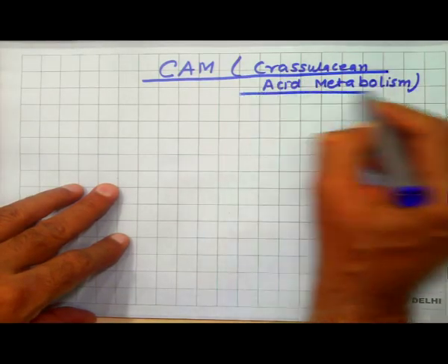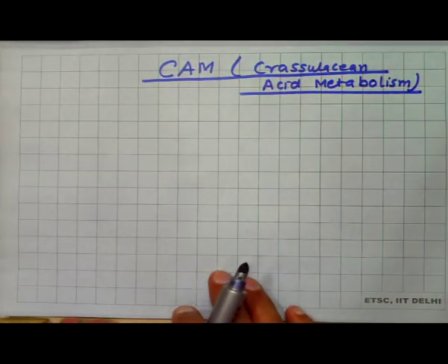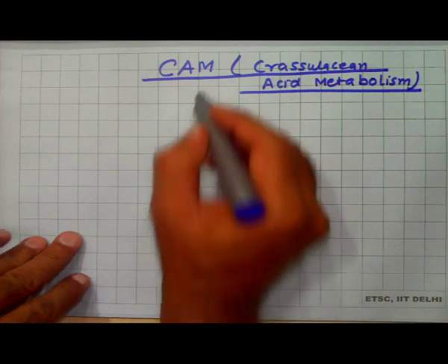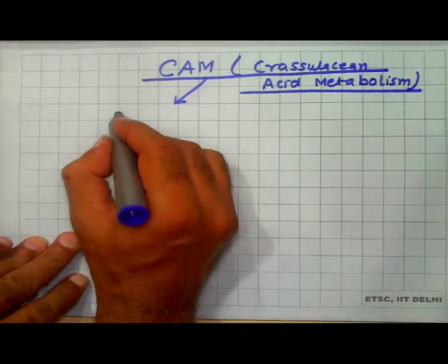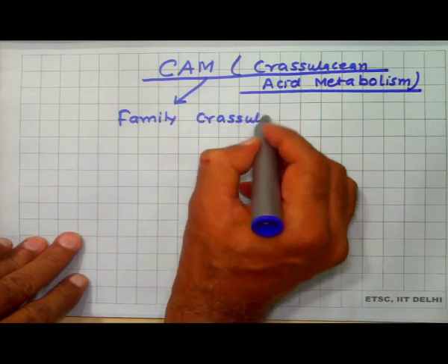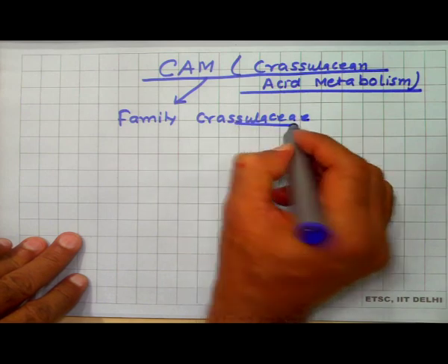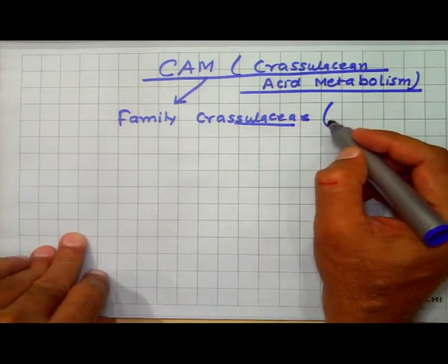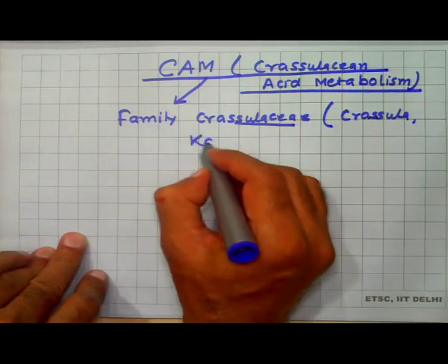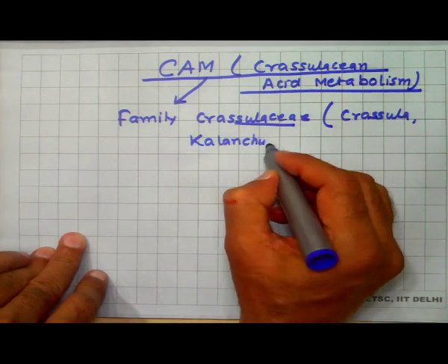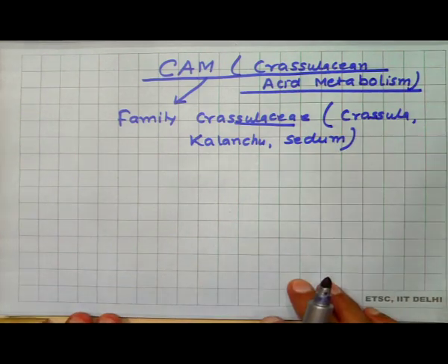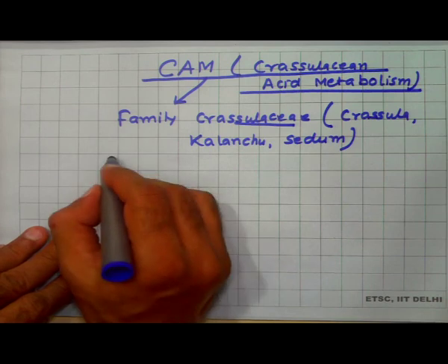As the term indicates, this process is associated with photosynthesis, and it takes place in plants of the family Crassulaceae. Examples of Crassulaceae family: Crassula, Kalanchoe, Sedum. Besides the Crassulaceae family, it also occurs in other plants like pineapple,